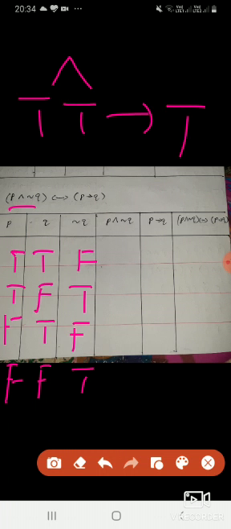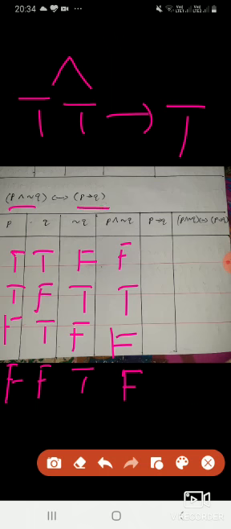Next one, left side, P and negation of Q and formula. And table में both are true, it will be true. All other case it is false. Okay. So true, false, ये false है. True, true, true. False, false, false. False to true, ये false. खाली एक ही true है.